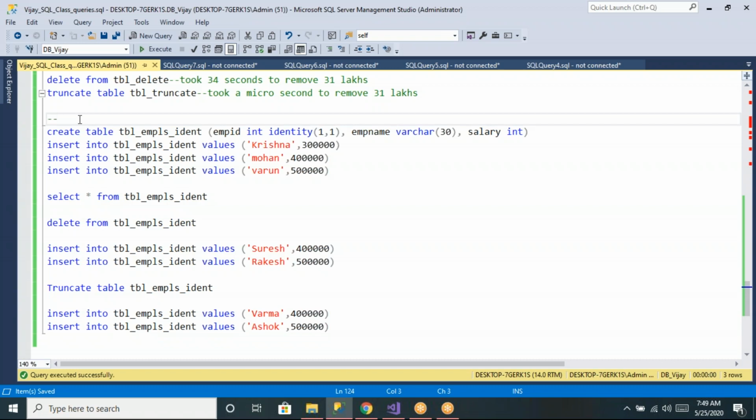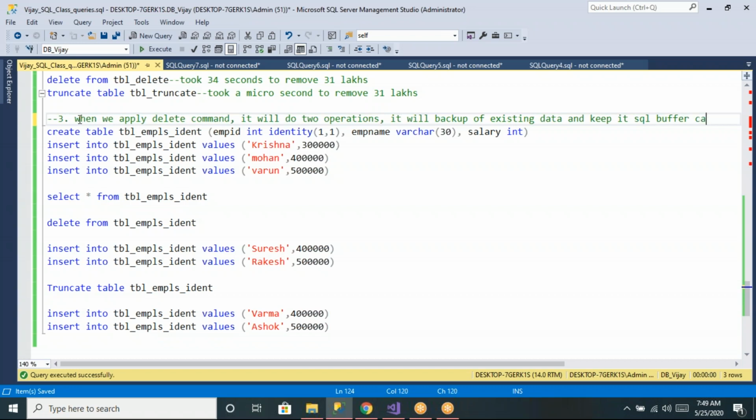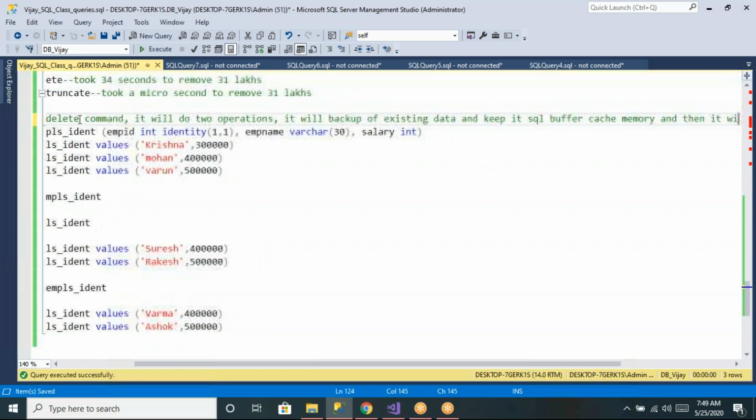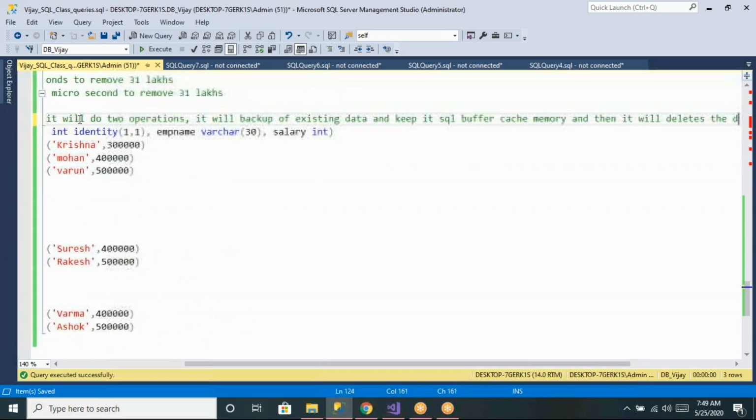So this point also we can include. The third difference is, when we apply the delete command, it will do two operations. It will take backup of existing data and keep it in buffer cache memory, and then it will delete the table data.